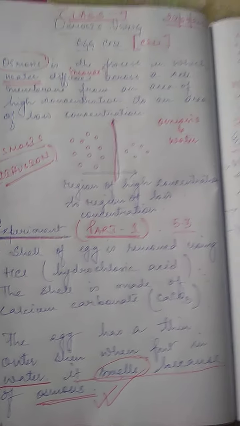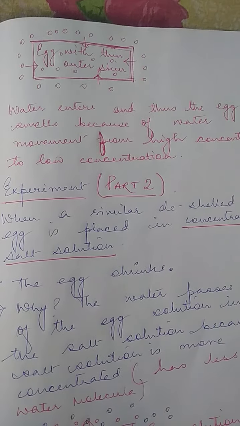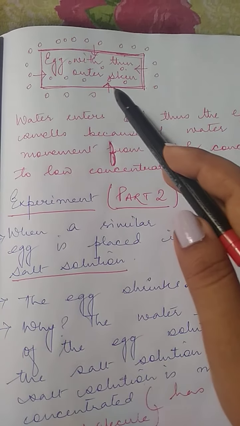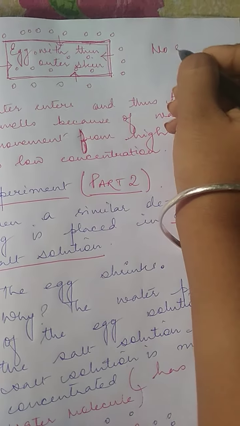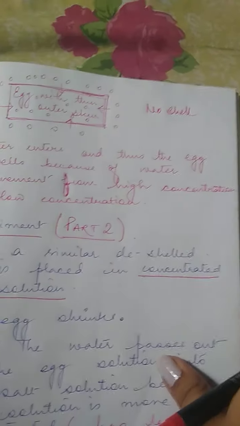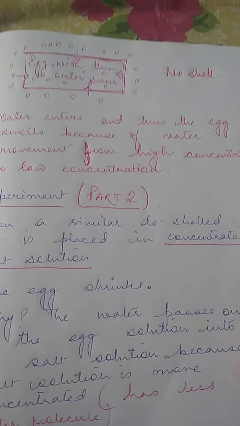Now why does this happen? This happens because the egg has a thin outer skin. There is no shell anymore. So now the egg only has a thin outer skin. Now when the water enters,